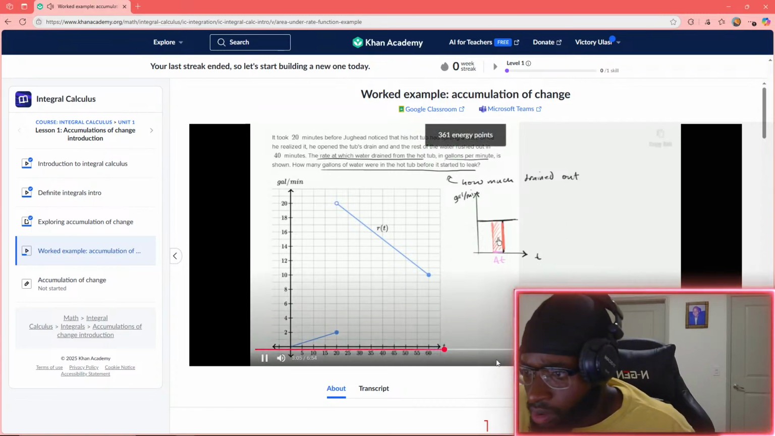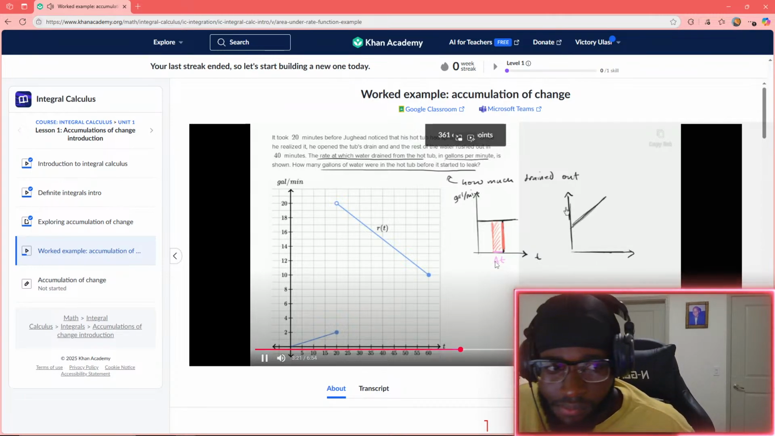The gallons that drained over that delta T. And this doesn't just apply when you have a constant rate. If your rate looks something like this, as we've seen in other videos, you could figure out the amount that